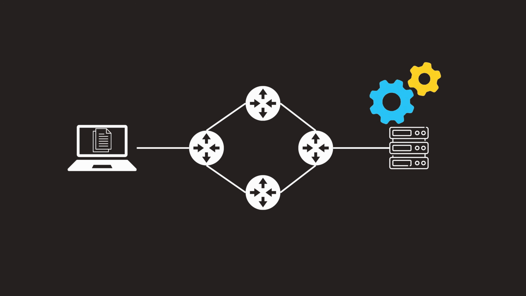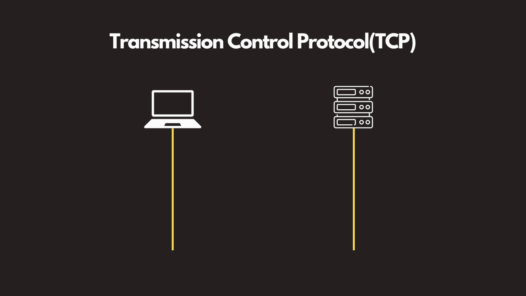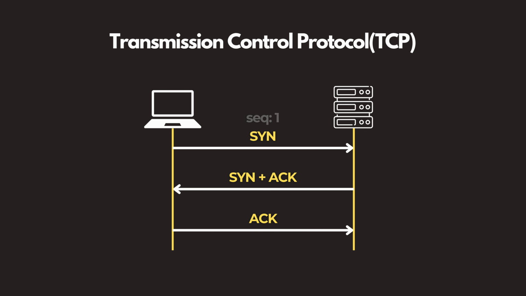For scenarios where order of data is important, TCP is used, which stands for Transmission Control Protocol. It establishes a connection using a three-way handshake, which is composed of SYN, SYN-ACK, and ACK. A sequence number is inserted in every piece of data in the stream to ensure that everything arrives in order. It requires acknowledgement for every segment that it gets.